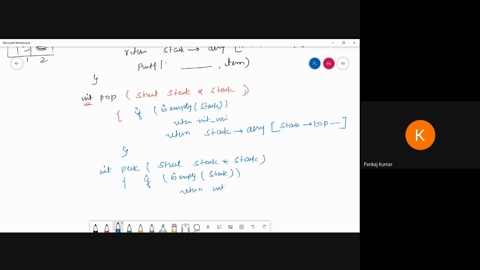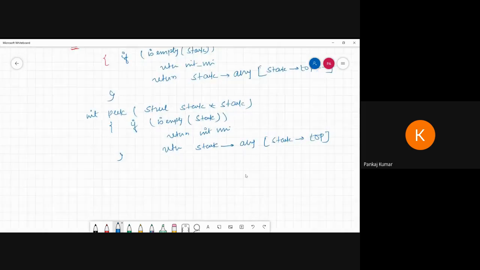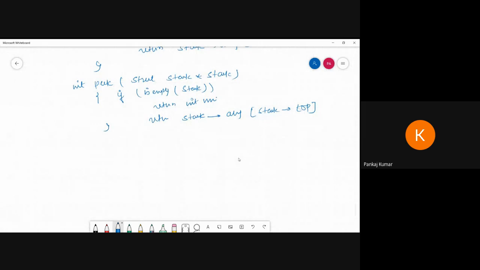Then again we have to write a return, what, stack array, but this time we only have to return the stack top element, that much, not more than that. Okay, so this is the code, and after that we have to pass this one element.